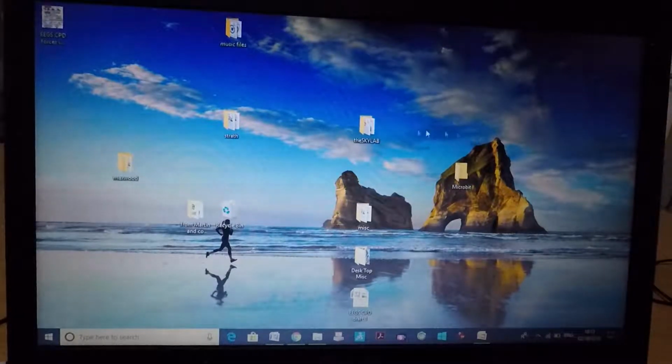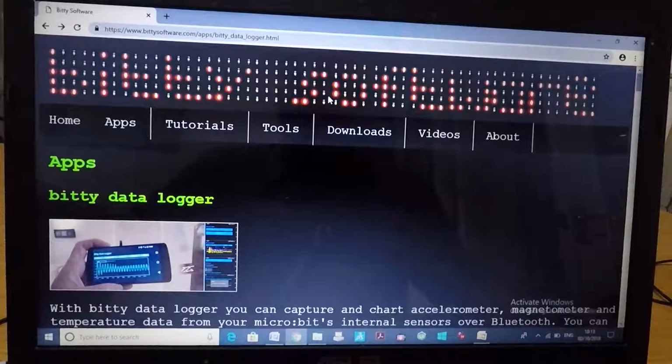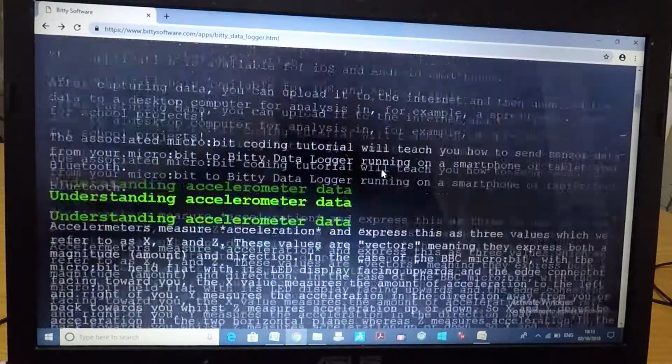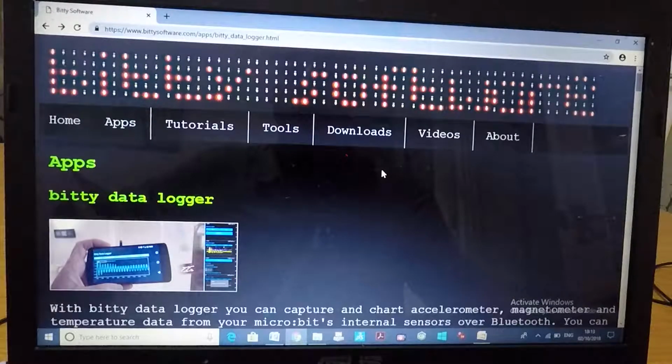So make a folder on your desktop called microbit, or something that you can at least recognize where you're going to put the hex file. Go to a website called bittysoftware.com. This is a great useful website with lots of information if you need to have a look about the microbit and how Bitty data logger works, just in case you want to expand a bit on what we are showing you. Go to downloads,